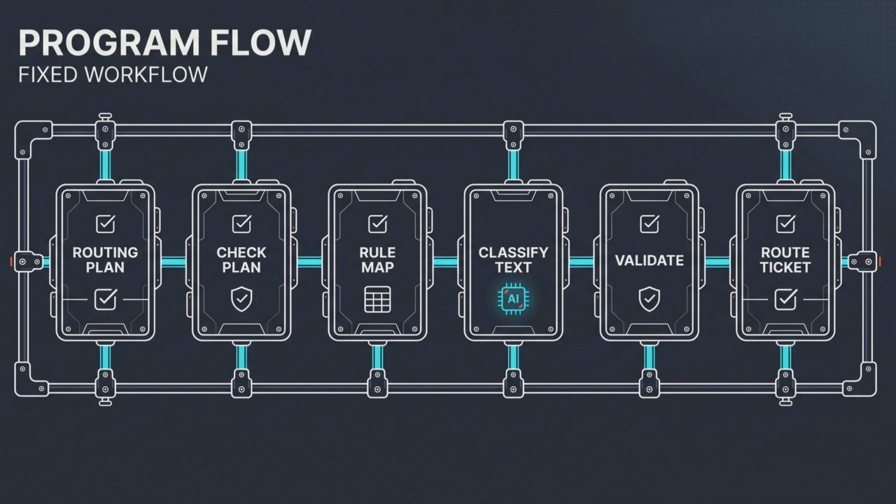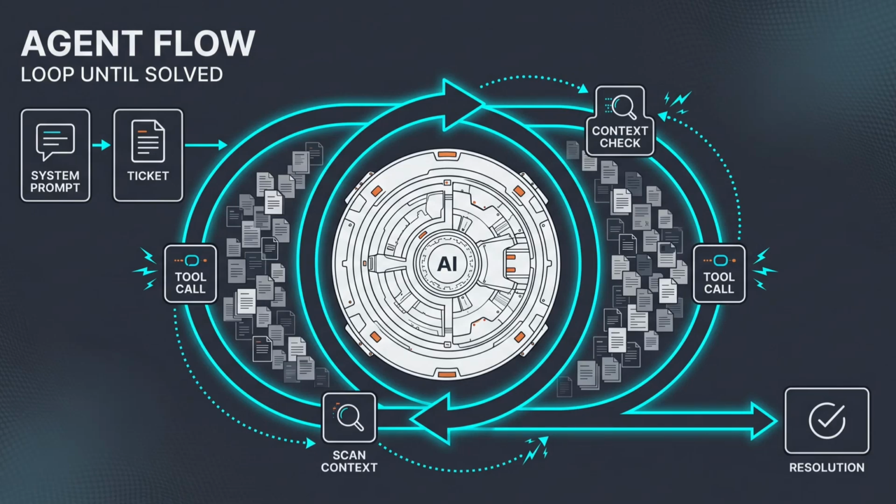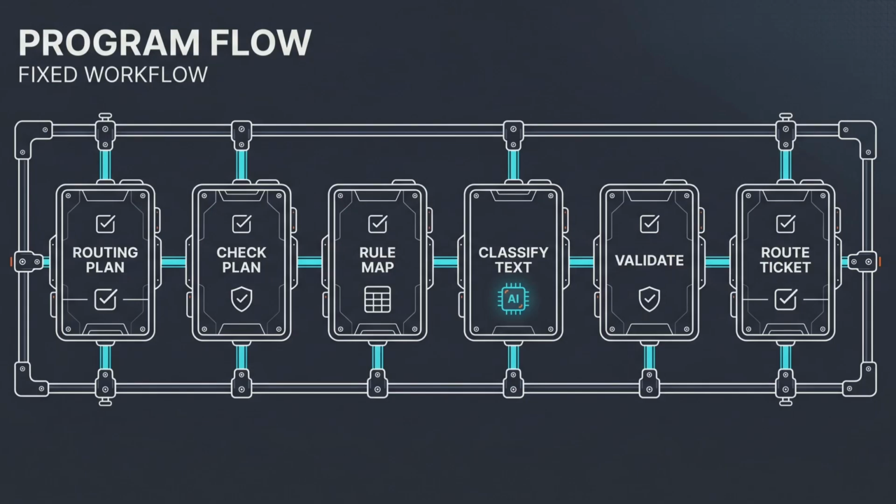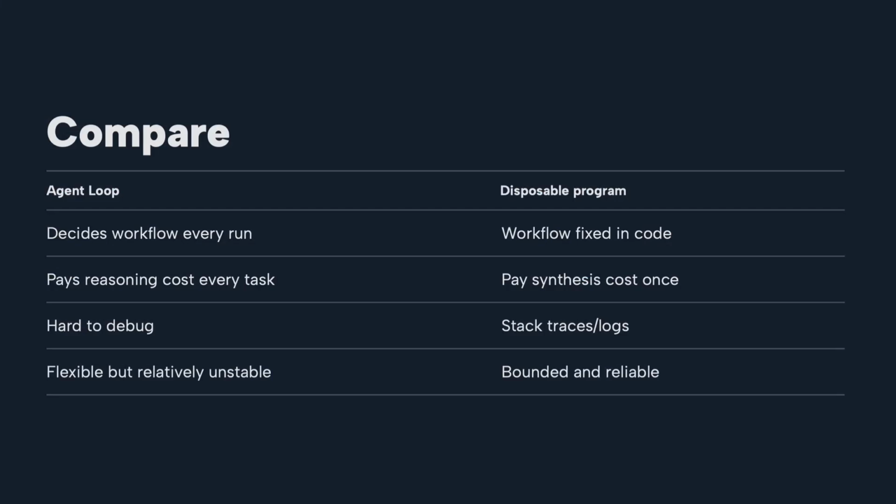Whereas in the other system, it is possible that it could try to do something different, or the ticket itself might interfere with the operation of the agent. Now, the truth is that might be by design as well, and that is the benefit of a loop. It is very flexible, and that comes with a pro and con. But the reality here is that in an agent loop, the agent decides what it's running. You pay the reasoning cost for every run. It's harder to debug because you don't really necessarily know everything that happened in there, or it's just very hard to read the entire loop chain. But it's flexible, but it's also unstable in that regard.